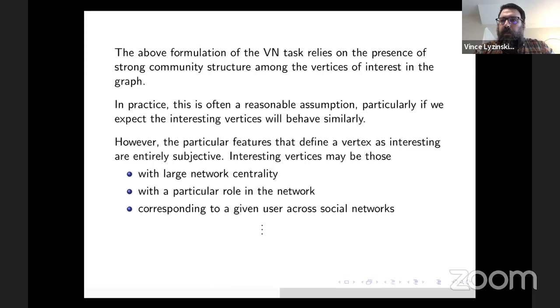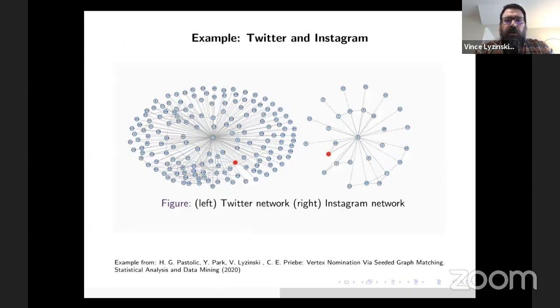In that third example, working with some colleagues, we had Twitter data and Instagram data that we scraped. This was back when that was easier to do. And we had a friend who was on both Twitter and Instagram, but his username was different across the two networks. We thought a fun challenge would be to see if we could identify him using our VN algorithms. And in this, it wasn't the community that our friend belonged to that was interesting, but the friends that he had that made him interesting. And so we were able to do fairly well in identifying our friend. And it made us push this problem space further than we had before.